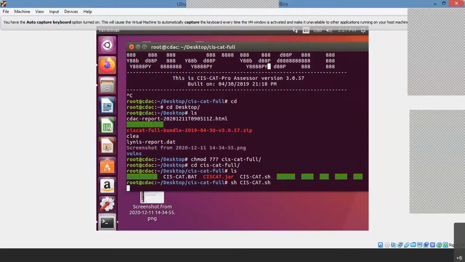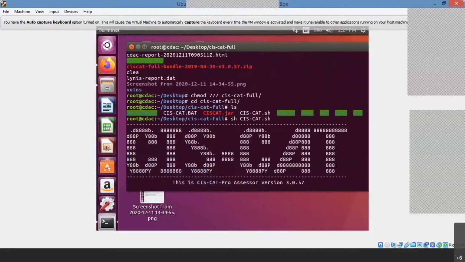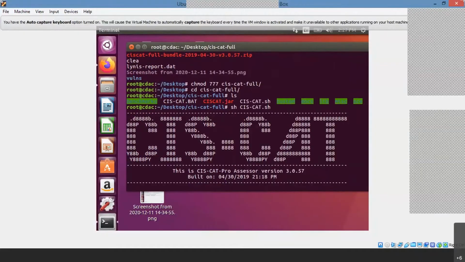Once giving full permission, I'm executing the CIS-CAT tool once again.